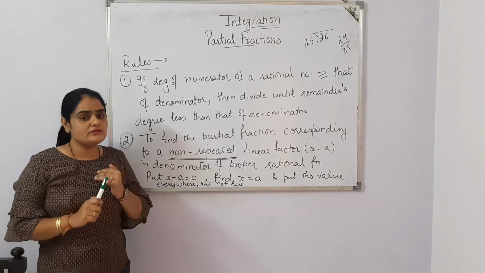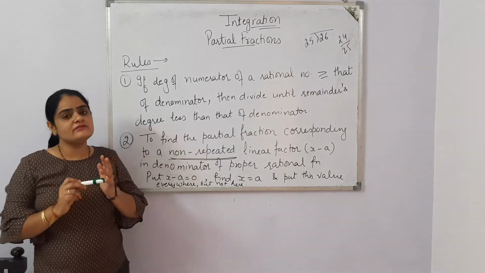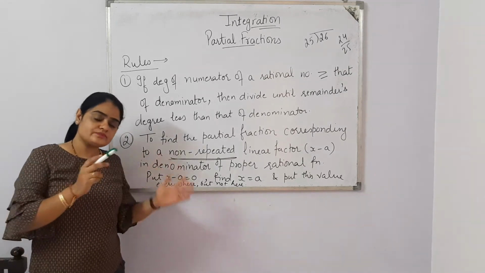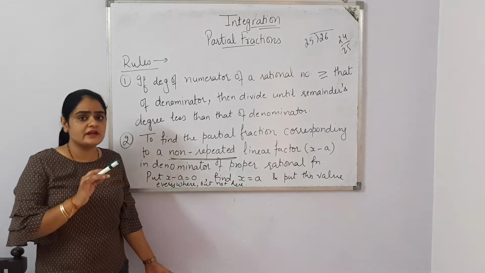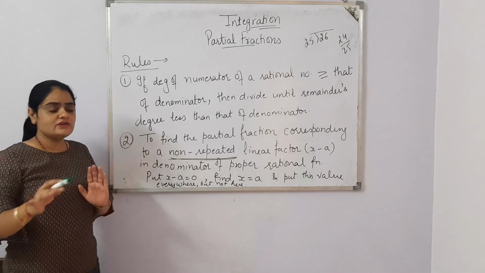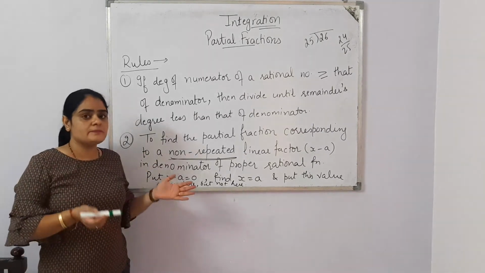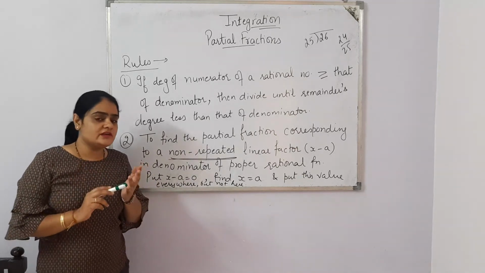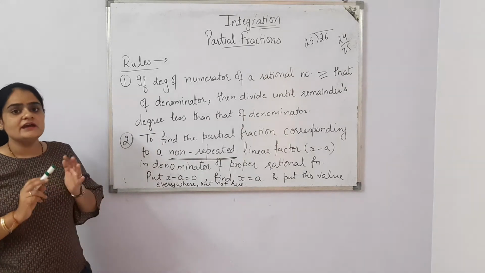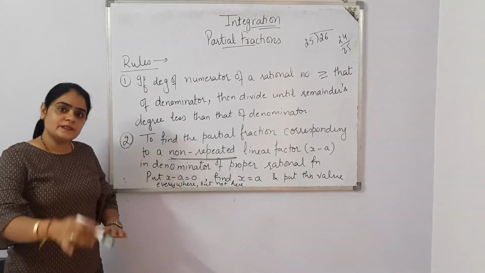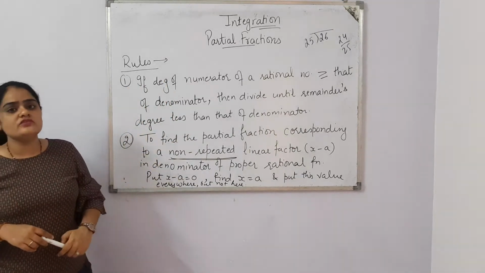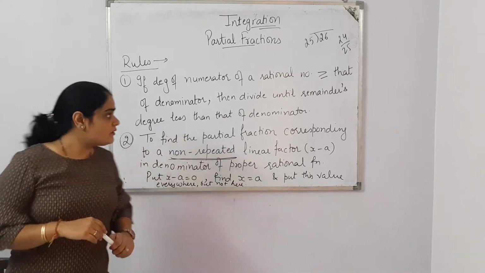So first of all, remember that if a function is a rational function, we need to check whether the degree of the numerator is less than, or greater than or equal to, the denominator's degree. If it is less than, then directly we can make the partial fractions and do that question with the use of partial fractions. But if the numerator's degree is greater than or equal to the denominator's degree, first of all we have to divide. After that division we need to apply partial fractions if it is possible in that question. Let's do some questions, it will make these rules clearer to you.